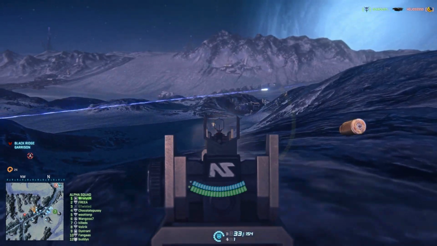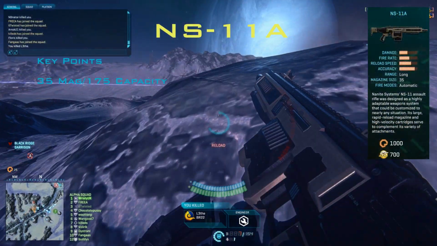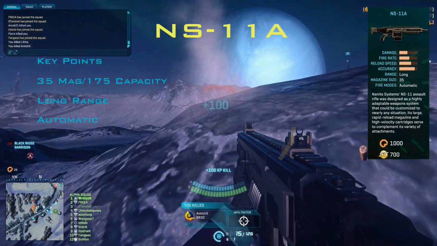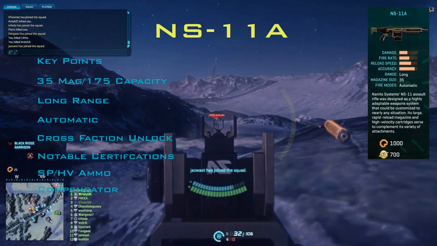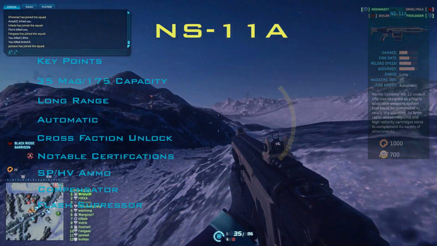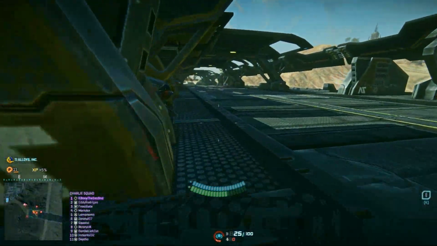The NS11A is a common pull weapon, which means it can be used by all factions. So if you're a traitor, this weapon's for you. It's pretty average, but it does have soft point and high velocity ammo, also a compensator. The NS does have a higher aim down the sight movement, but let's be honest, you're still looking down the sight, you're still going to be moving slow as hell, and you're going to talk about both SMGs right off